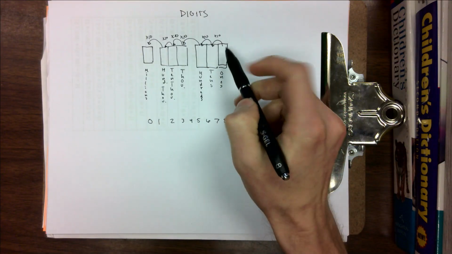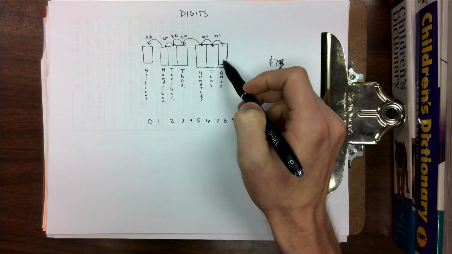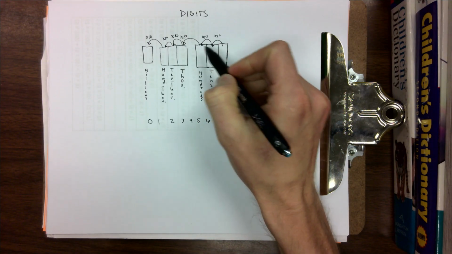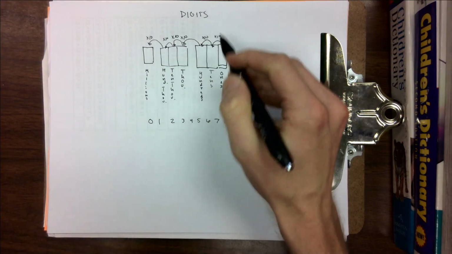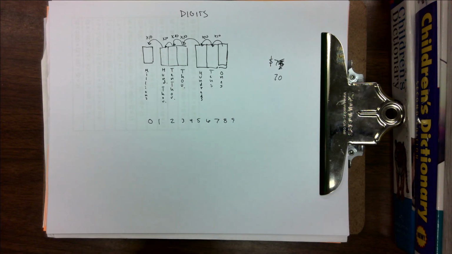Not only do we want to realize that 10 tens is 100, meaning 100 is 10 times greater than 10, and times 10 times 10. Not only do we want them to realize that,